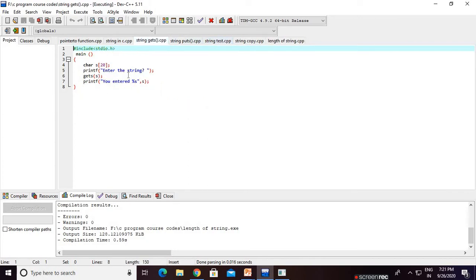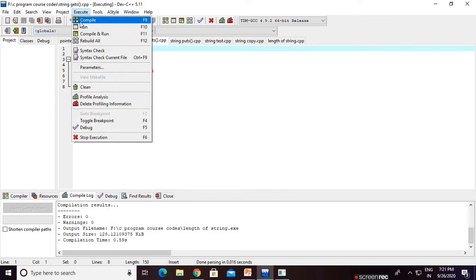Sorry, I will not show you that. By my mistake, I will first show you the gets and puts example. Then I will show you the code for the string length. String concatenation means how to concat, with the strcat function, and how the strcat function works. But before going to the strcat function, I will show you these gets and puts. I have already explained how gets works.